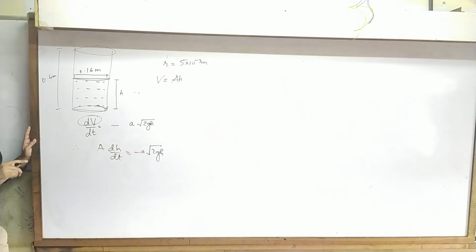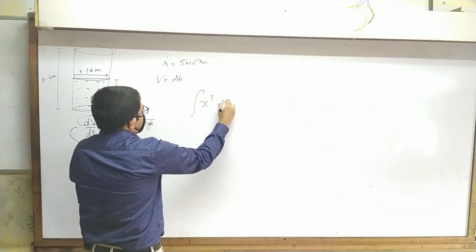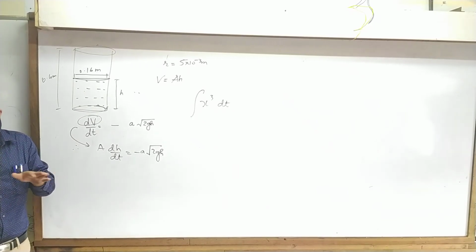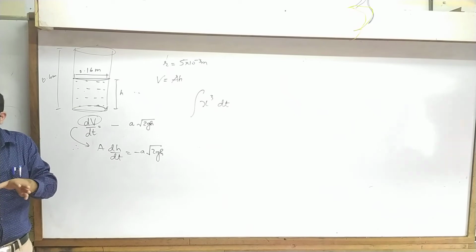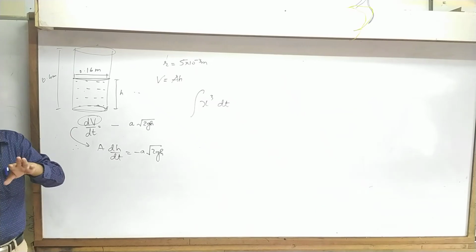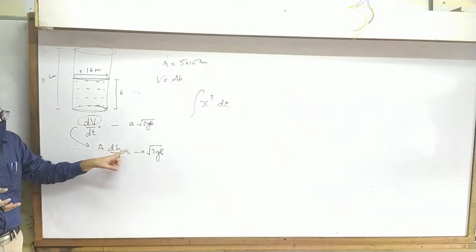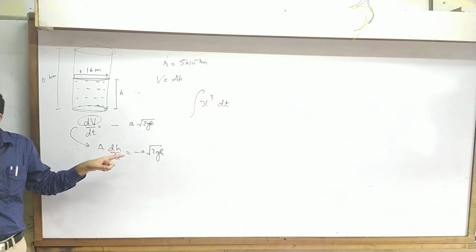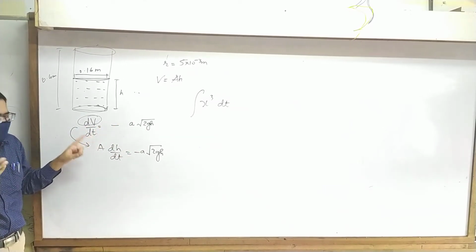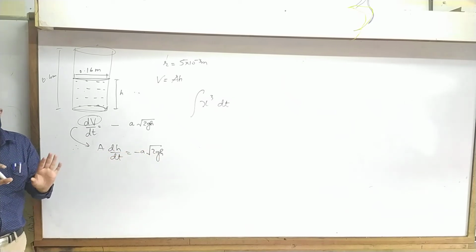Clear? Now here, why did we take this step? Why did we convert it to this? I mentioned that earlier when we use integration. Trying to integrate it like this is rubbish. Integration of x cubed dt is nothing. You cannot find it. It's valid mathematically, but nobody knows what the answer will be. But if you have dh and h together, then we have a hope. Understood? Now we have dh and h and dt, so things are better now.